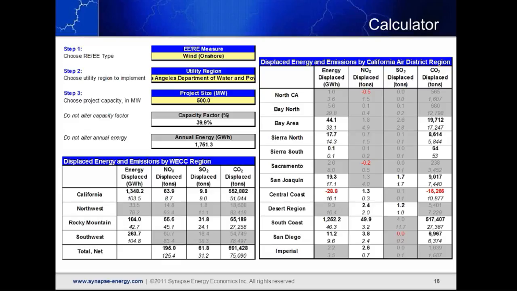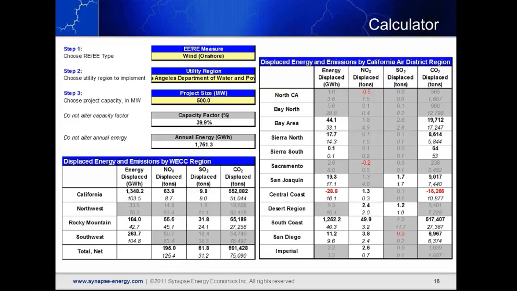And what this chart shows is not only the amount of emissions and generation that are displaced, but the uncertainty limits on those particular elements. So the lower number represents the uncertainty, the upper number represents the absolute. If the uncertainty exceeds the absolute, the entire box is grayed out. That is a value that we would find generally untrustworthy in this case. So in this case,